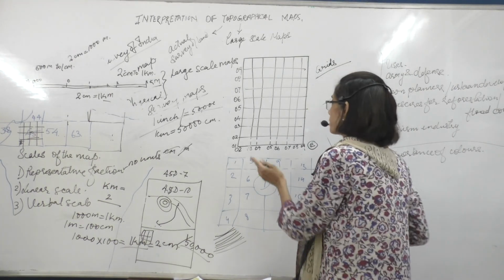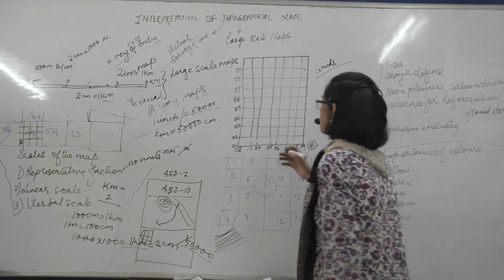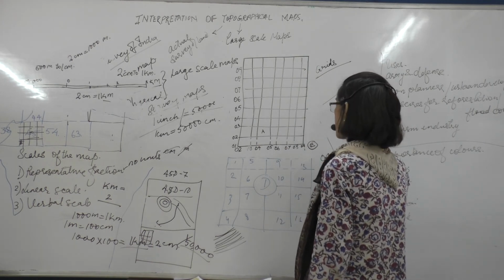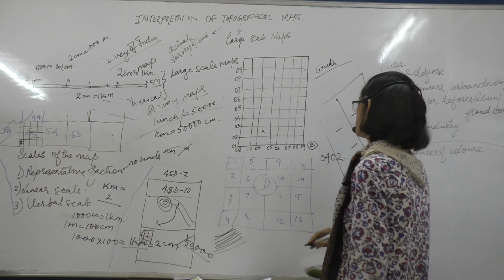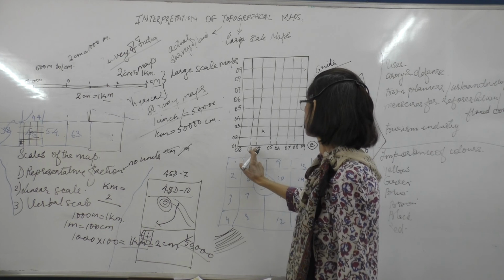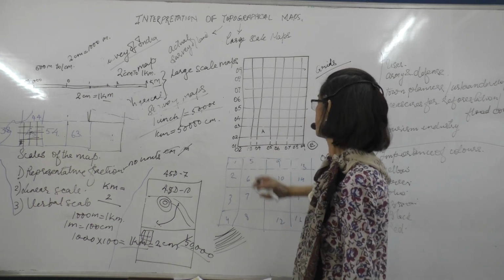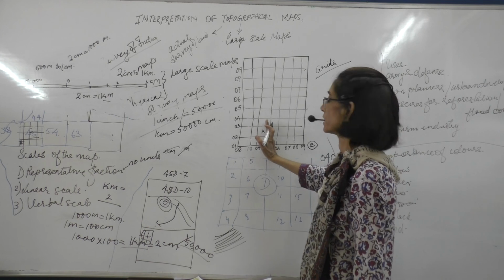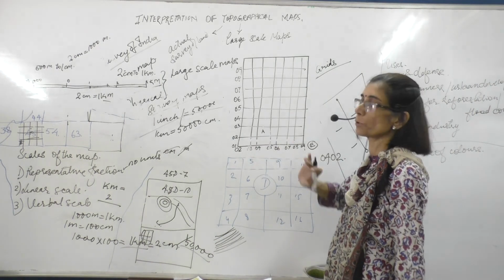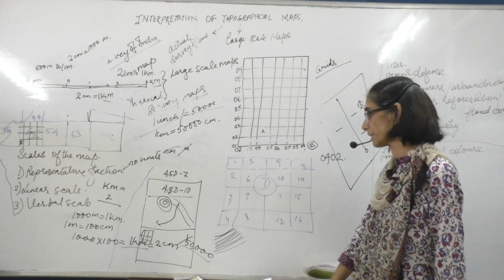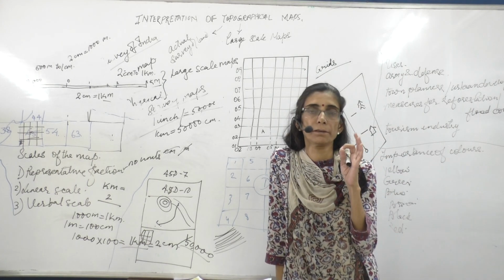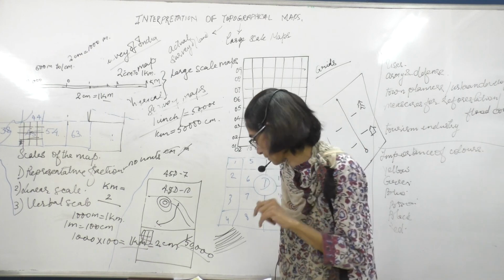And then on the basis of this, we come to know that object A is at grid 0402. 04, and just above it and just to the east of it. 0402. So you'll have to draw the grid and practice this, how the numbering is done.